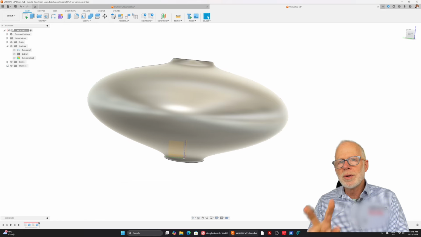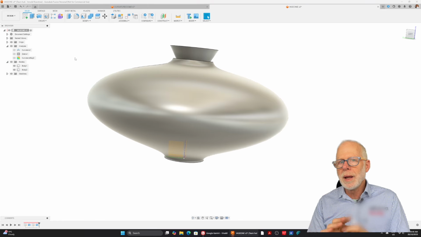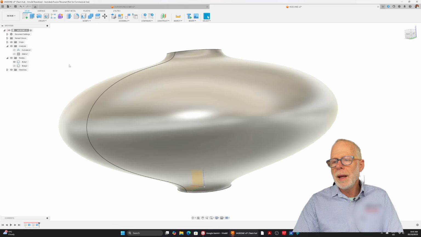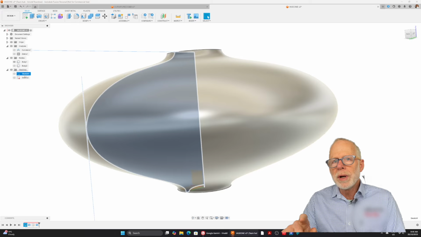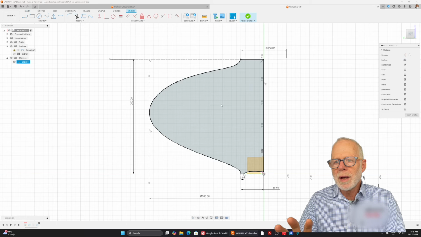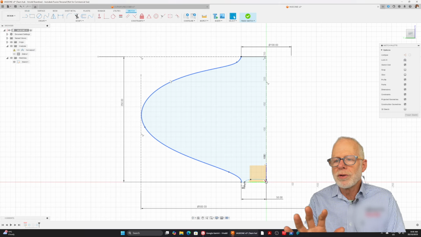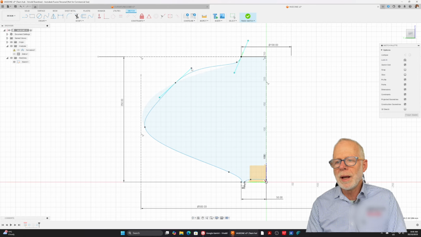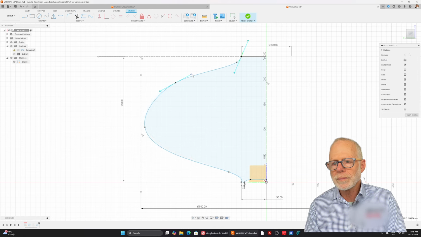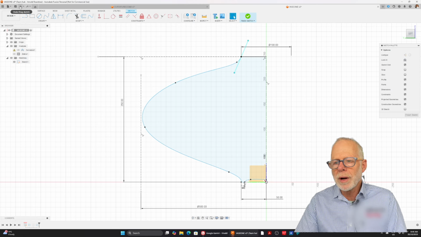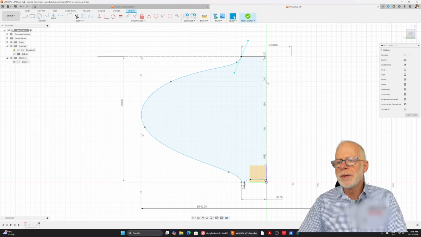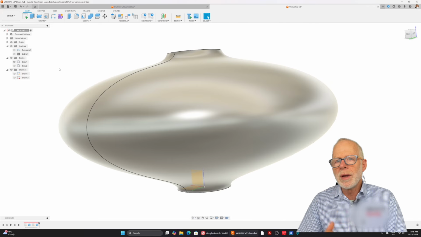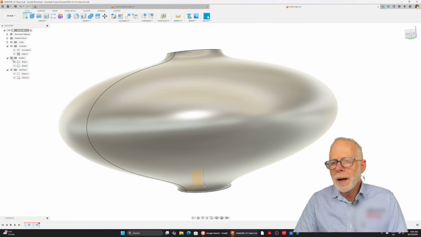And you can see that there's two bodies here. One is the filling reservoir at the top of a slip casting mold, and here you can see that I'm editing the fit point spline, just to show you that it's really very finely controllable, and you can really dial the curves in and adjust them very finely. But that's enough of that. We're not going to go into that today. I'll just undo that, get back to the revolved extrusion that I made out of that, and we're going to apply